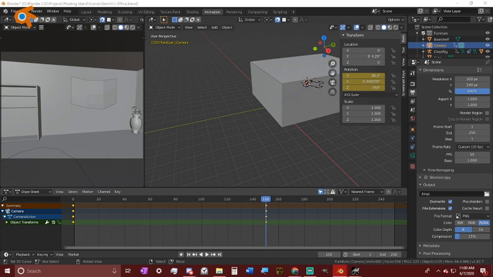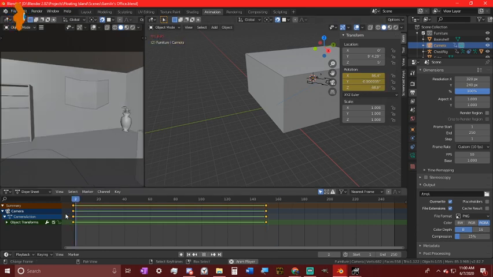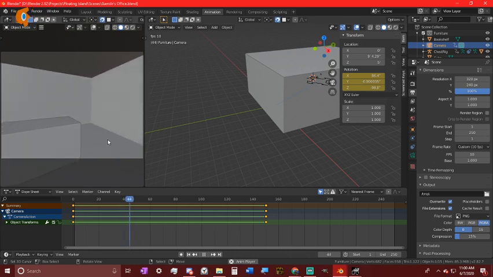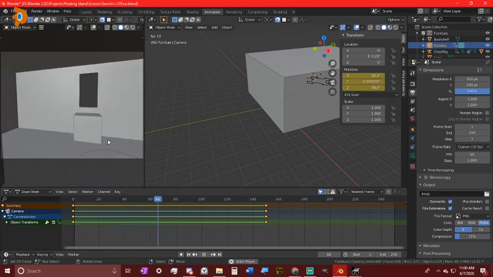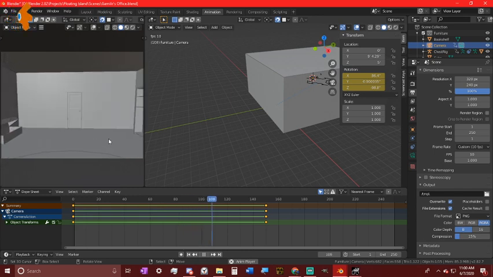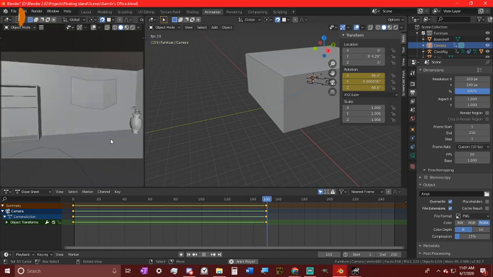Okay, do that, hit T. Linear interpolation. And if we go like that, it's rotating. Like that. And then we hit this to, well,